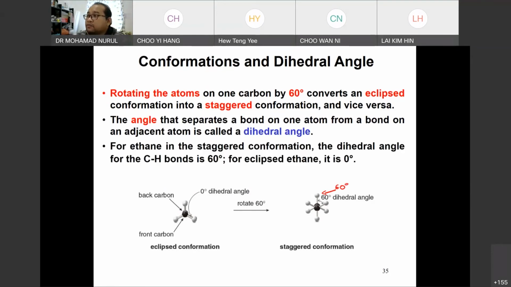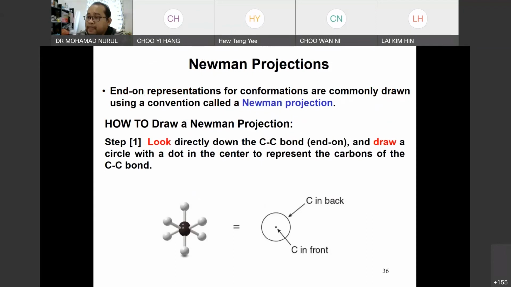Okay, in this subchapter, we will study Newman projections, a representation of conformations between eclipsed and staggered. And how to draw the Newman projections. So first, for example, so let me